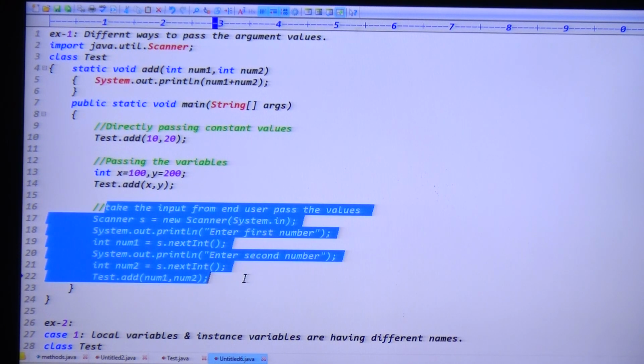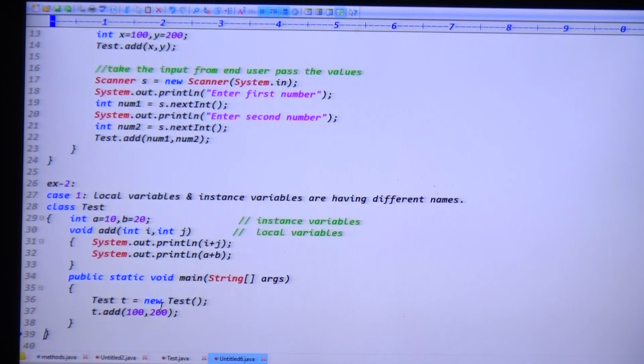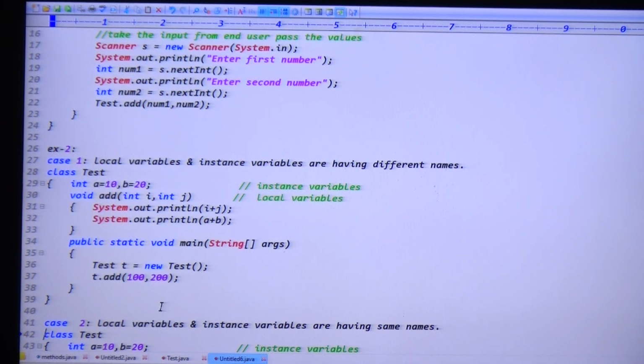The third one is taking input and passing the values, right? Exactly. Second case, local variables and instance variables having different names. If it is a static variable, no problem, because we can call the static variable using the class name, right? It's not a problem.